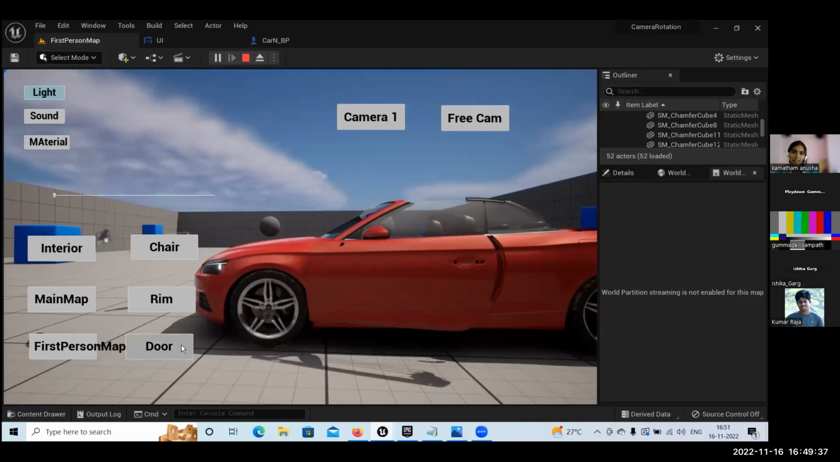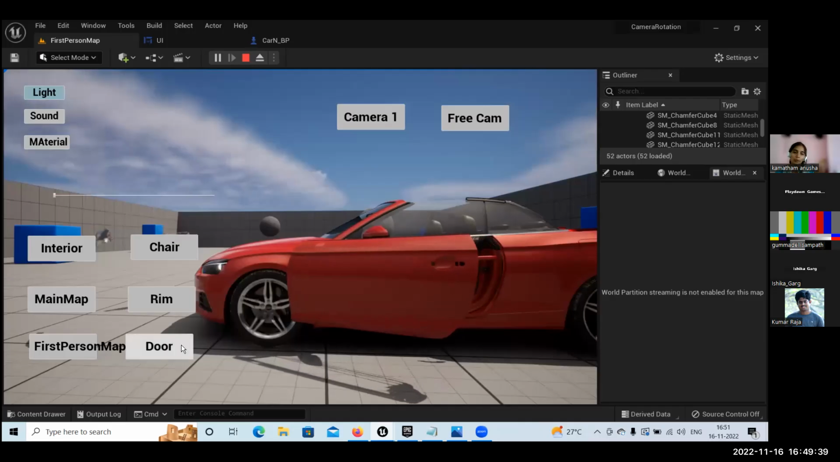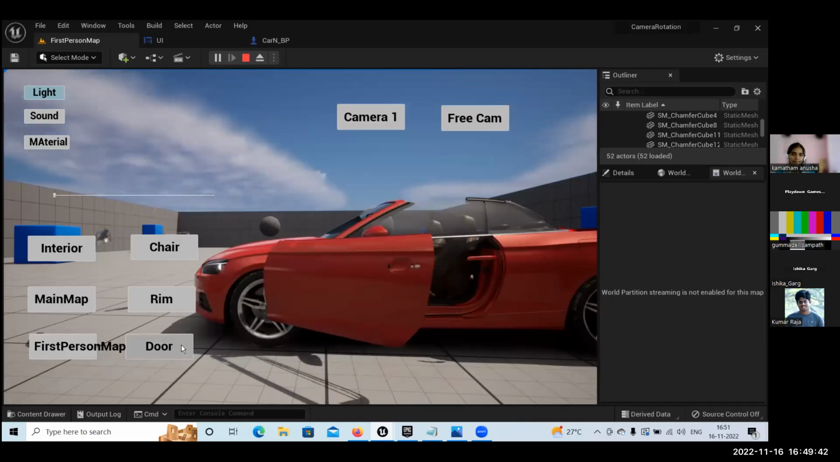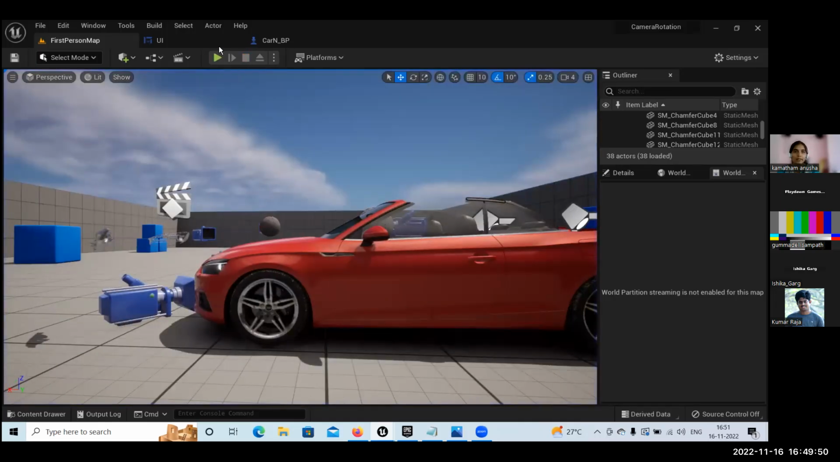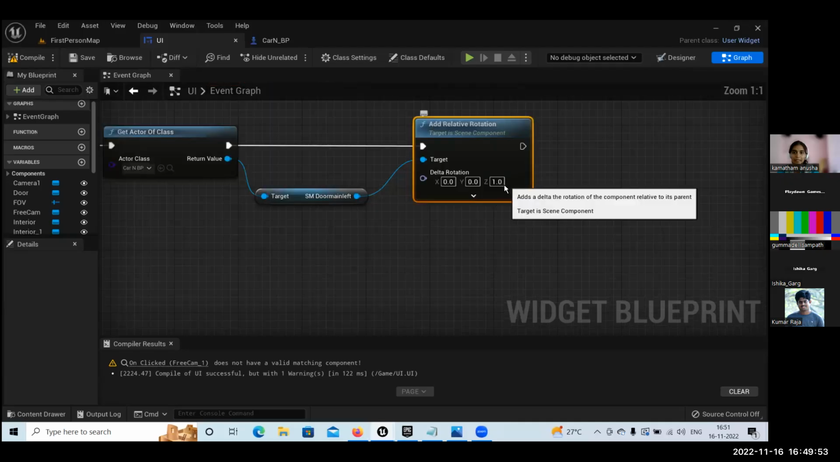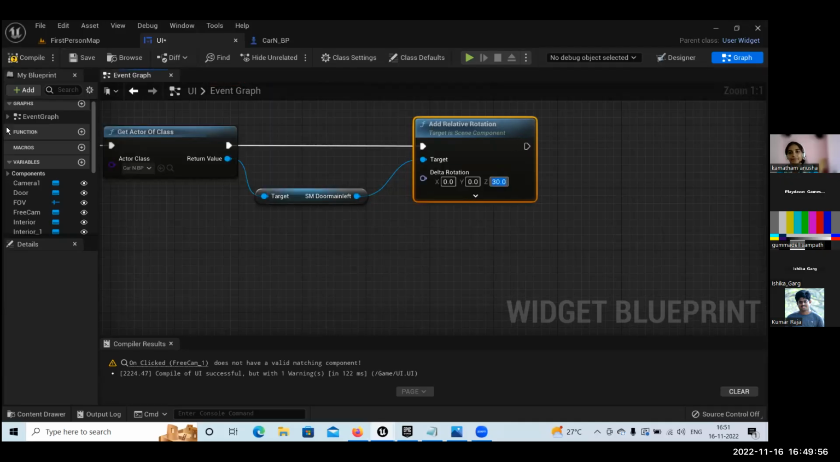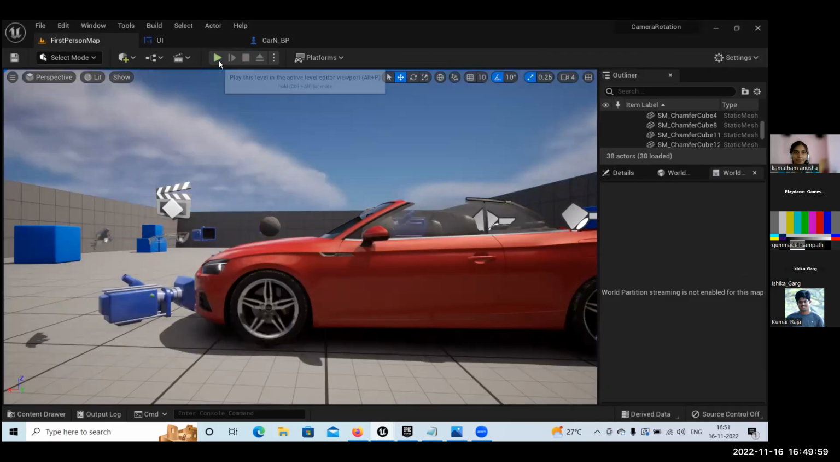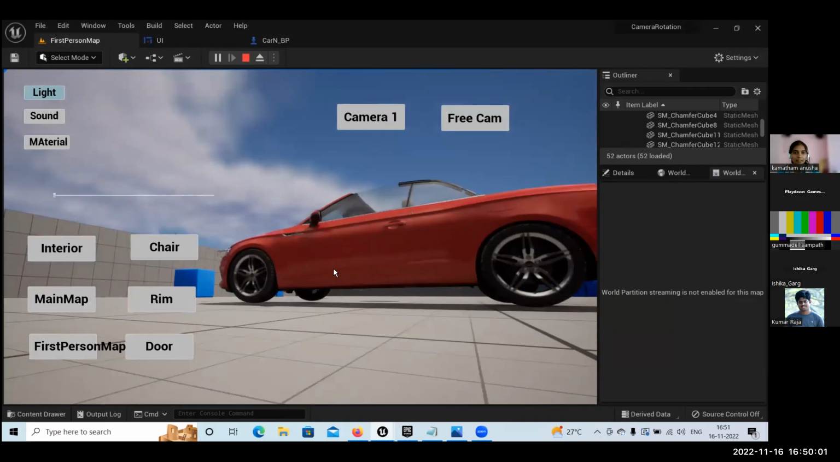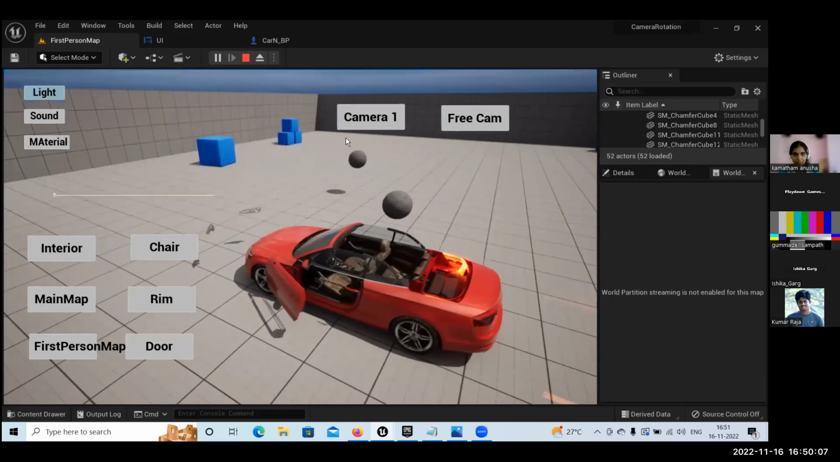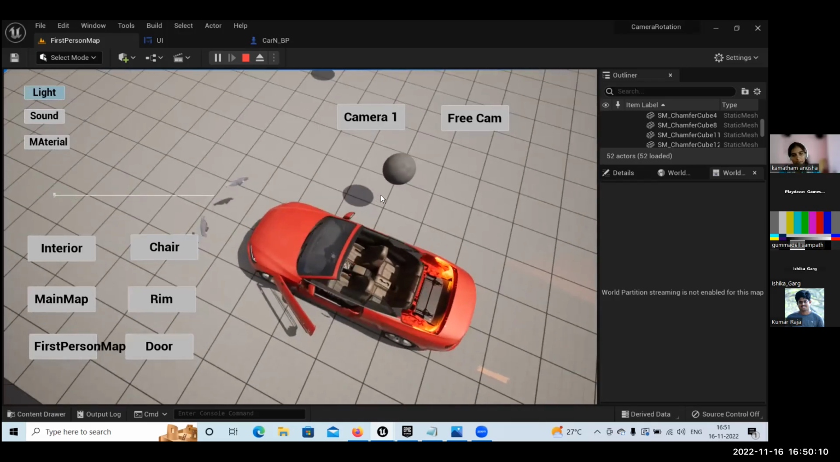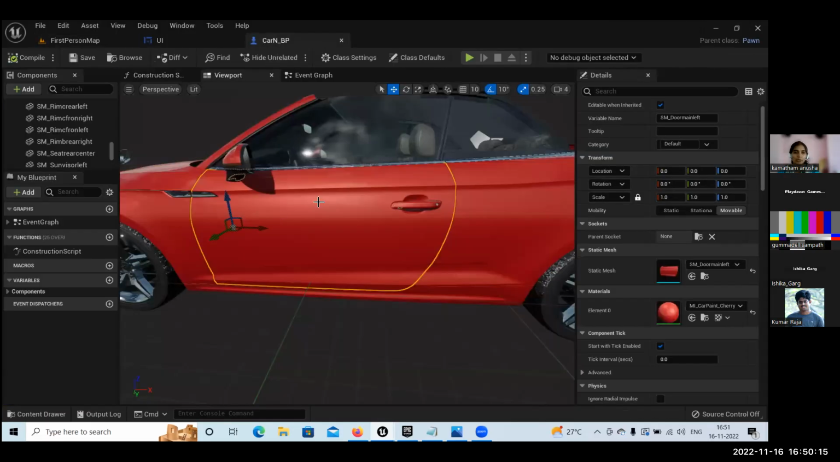You can see as I am clicking, it keeps moving 1, 1, 1, 1, 1. I don't want it to move like that, so I will give some value to this. I will make this 30. Compile, save, play. Door. You can see 30. We are getting the door opened at a wrong angle. This is because, as you see,